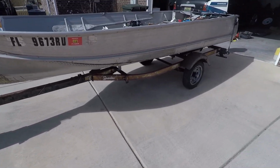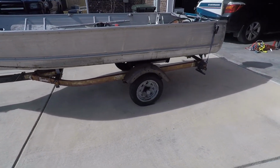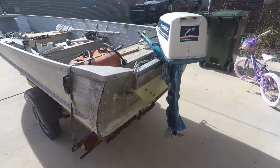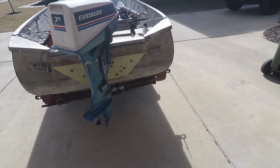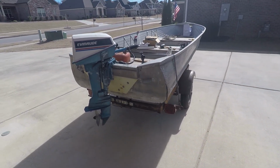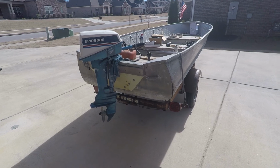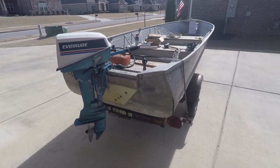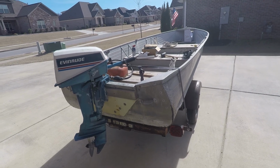The boat's at my house. I'm in Madison, Alabama, which is right outside of Huntsville. And Steve lives in Franklin, Tennessee, so that's a couple hours north of me. And we're gonna be working on this boat together. He's gonna come and get it in about a week, and we'll probably be spending some weekends together